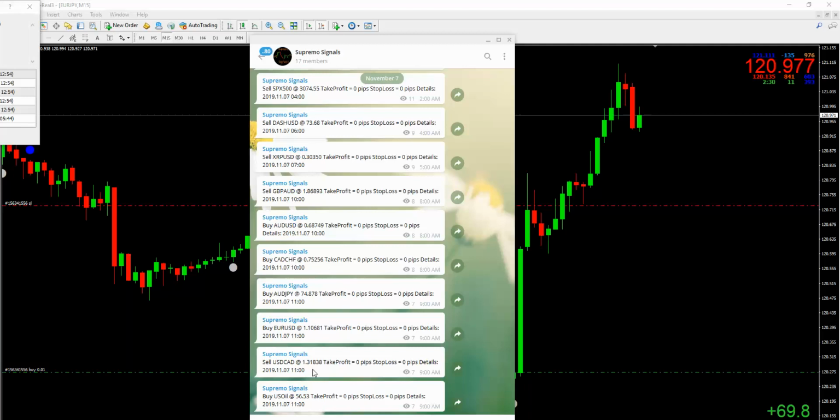It's also doing that for cryptocurrencies, like Ripple and Dash, as well as an index. I know people love to trade that. We opt to send out signals for the S&P or the SPX 500, because obviously a lot more accounts can handle that, as opposed to maybe the DAX or the Dow. We can trade the DAX and the Dow for it. Maybe in the future we'll consider that, or we would send that out to those who have a larger account